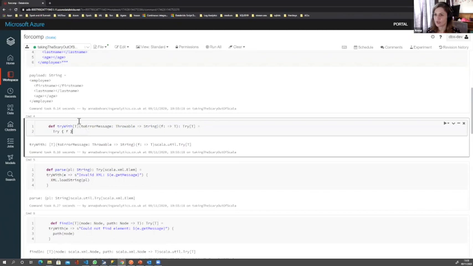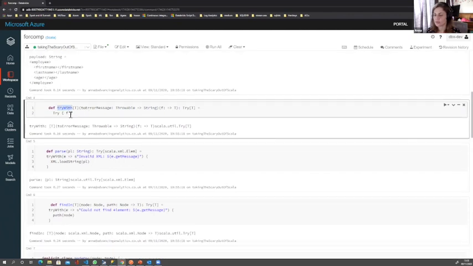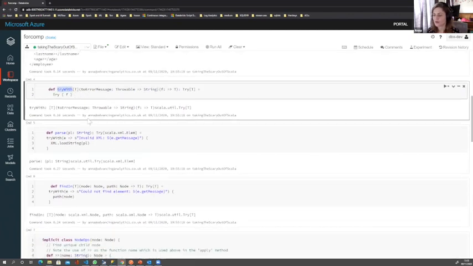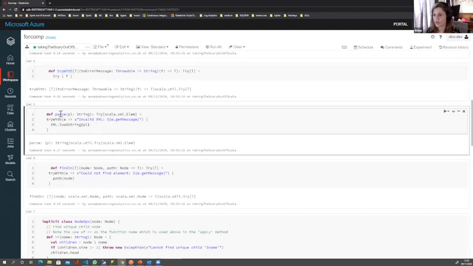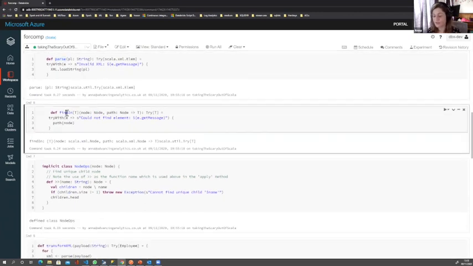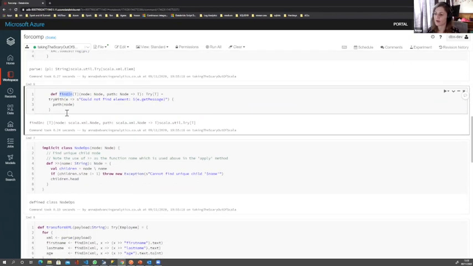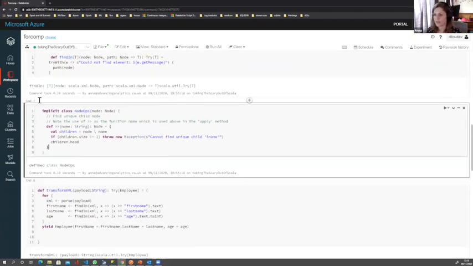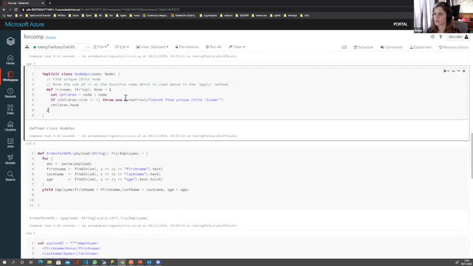So what I've got here is some boilerplate functionality. This is just a Try, it's going to try and parse the XML. This is my parse function that will call the Try, trying to parse the element of the XML. And this is just some functionality that's actually going to try and find the elements within the XML. So don't worry about this too much. I have provided all of this in the Git repo, and the link I'll share at the end. And this is just trying to find nodes within the XML as well, and gives us a custom error message.